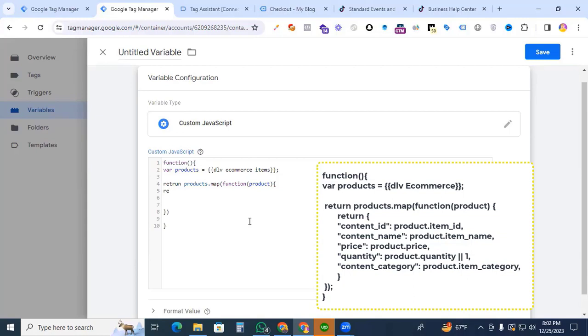Now we return, second bracket start, second bracket close. Now we are writing